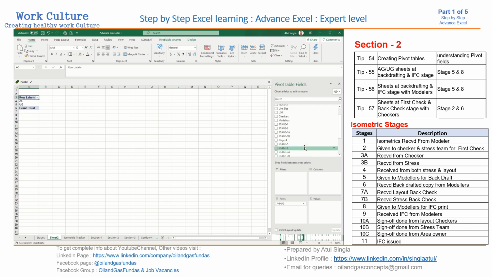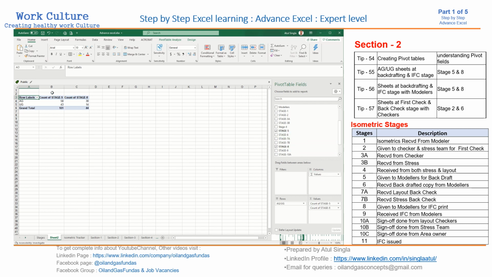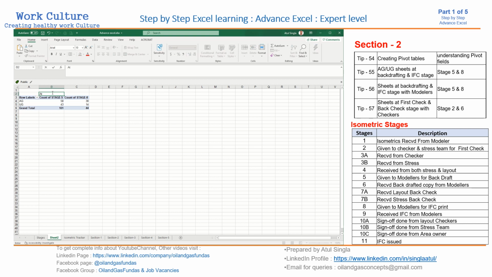Then we want to see how many lines are at backdrafting stage, stage number 5, and that count will come here. Again, how many sheets are at IFC stage? Simple. This is the count at backdrafting stage, and the count at IFC stage.